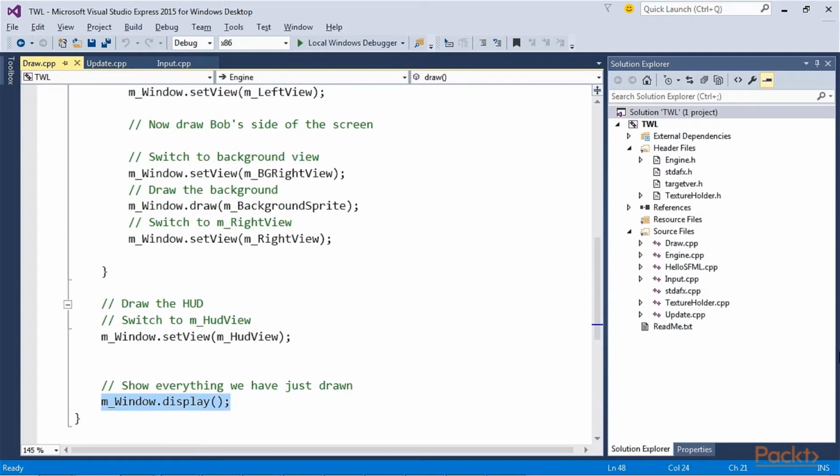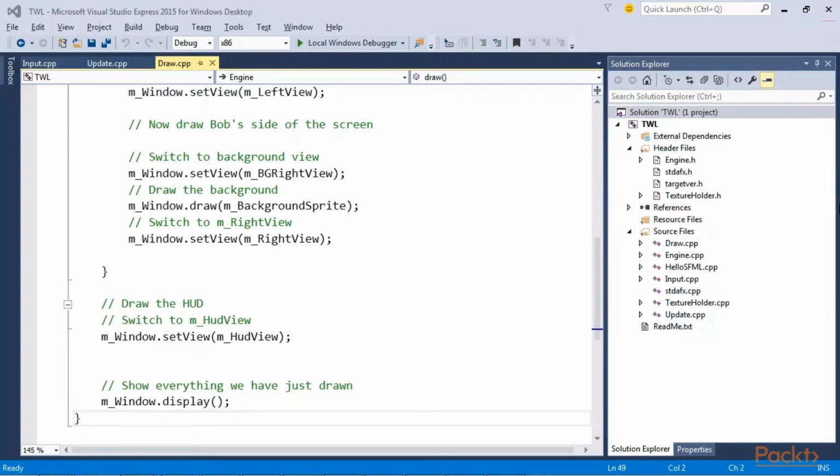As with the other two of the three most significant functions, input and update, we will be back here at the draw function often. We will add new elements of our game that need to be drawn. You'll notice that each time we do, we will add code into each of the main, left, and right sections. Let's quickly recap the Engine class and then we can fire it up.